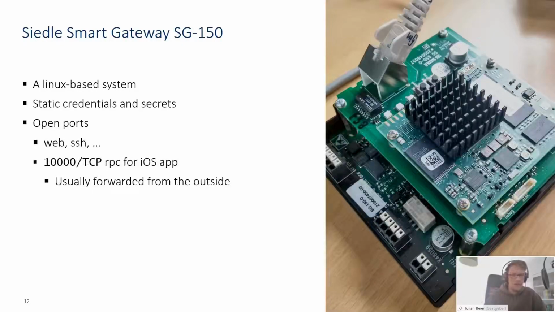In the initial firmware look through, we already found some static credentials, namely, most importantly, the MySQL administrative password, which will come in handy in a second. Then we looked at the open ports, which were 3 notable ones: the web server, the SSH server, and port 10,000. Port 10,000 because it was the RPC server that communicated with the iOS app.